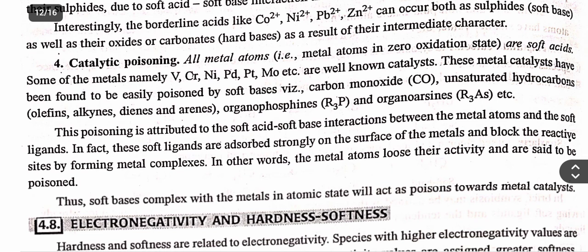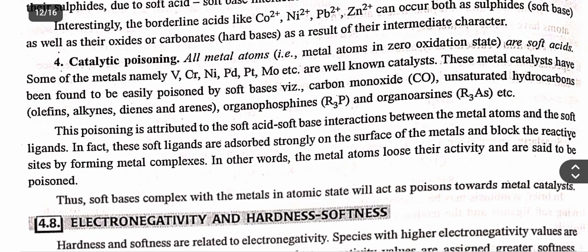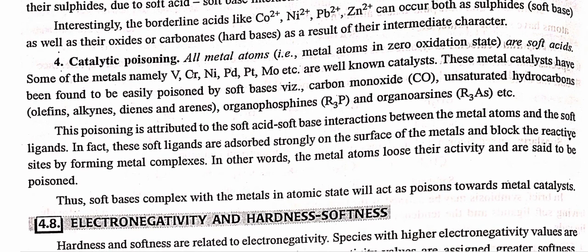Catalytic poisoning. All metal atoms are soft acids. Some of the metals, namely V, Cr, nickel, palladium, platinum, are well known catalysts. These metal catalysts have been found to be easily poisoned by soft bases like carbon monoxide, unsaturated hydrocarbons,